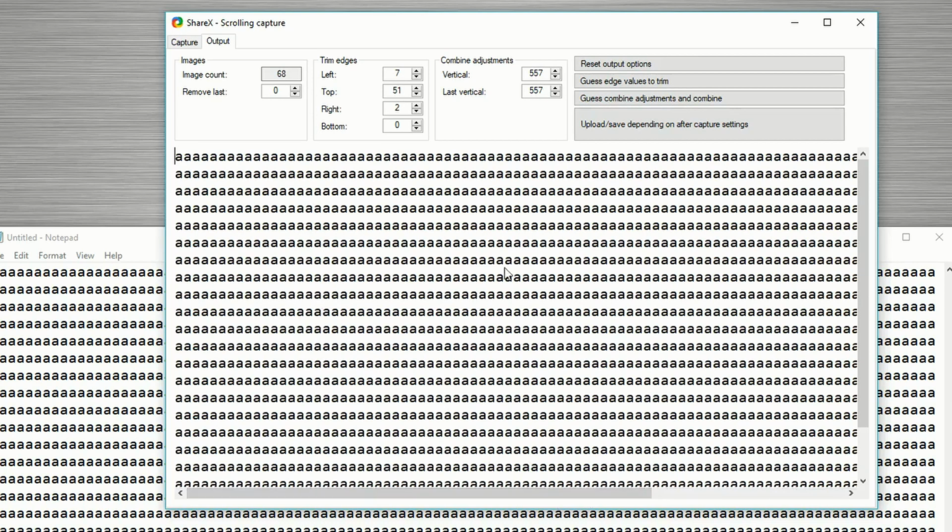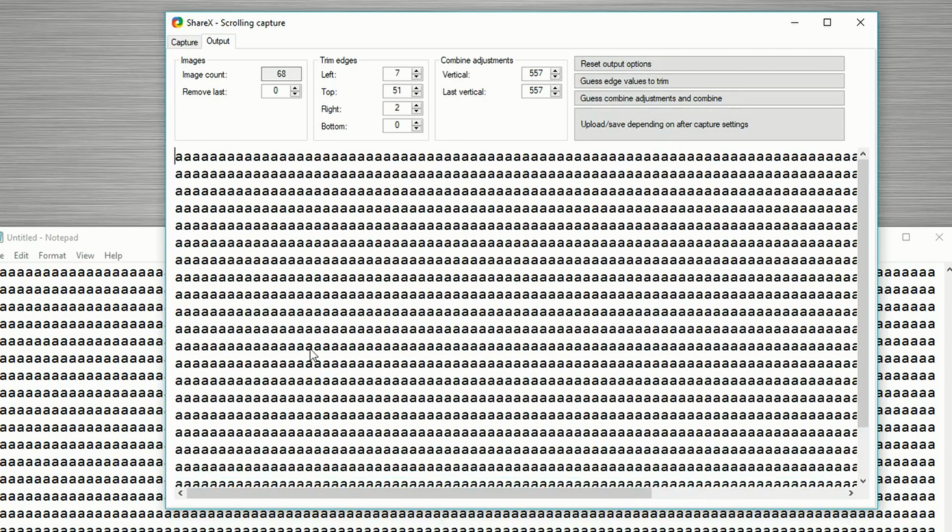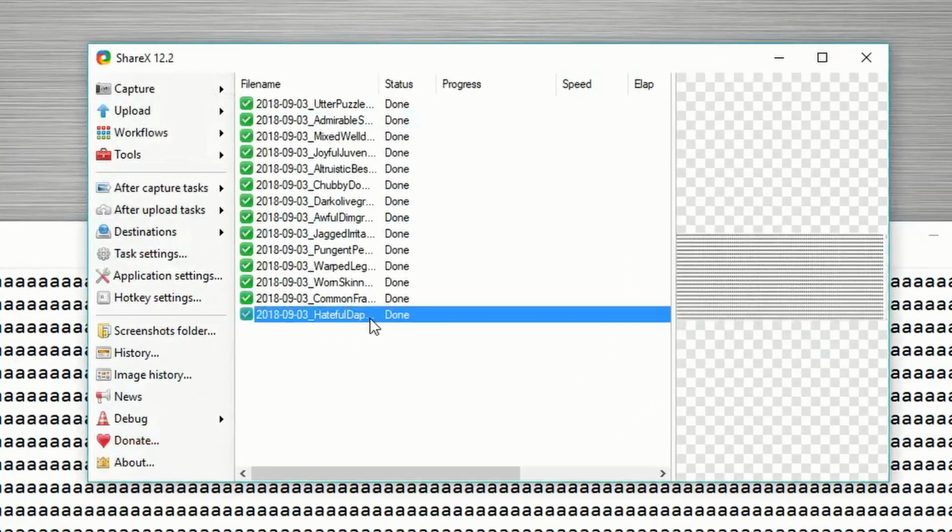Now, it didn't seem to work because it was probably confused that there was the same text over, but this is how it works. And then if we upload it or save it, we can just click that and it will be saved in our program